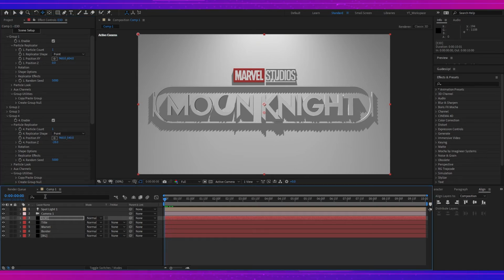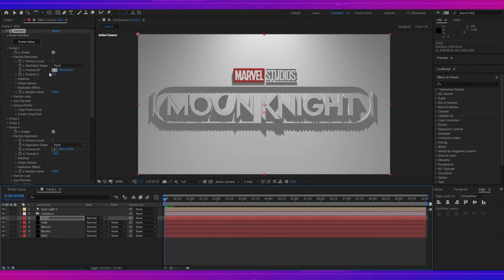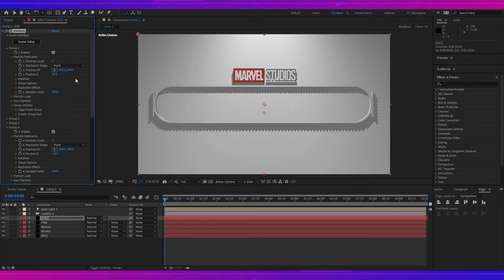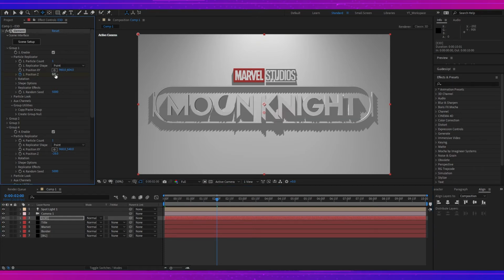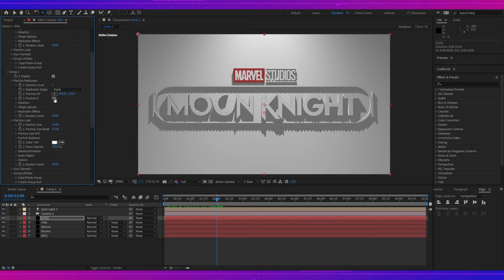At 0, I will go for the group 1, position Z, change it to 65, keyframe it, go to 2-second, change it back to 0, and then I will go for group 2, change its position to 41, keyframe it,